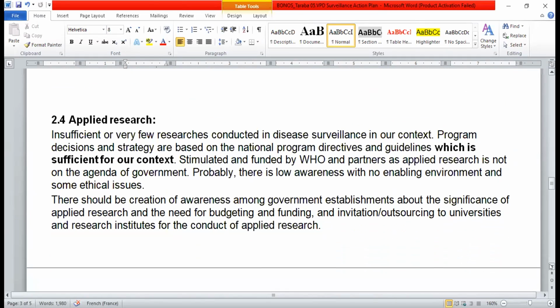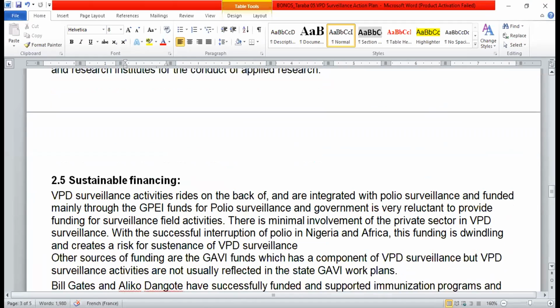Now, in terms of applied research, even though much research is not done in the local context, program decisions and strategy are based on the national program directives and guidelines, which is sufficient for our context. So the issue of applied research is not very contextual in this case, and it's not a high priority for intervention.